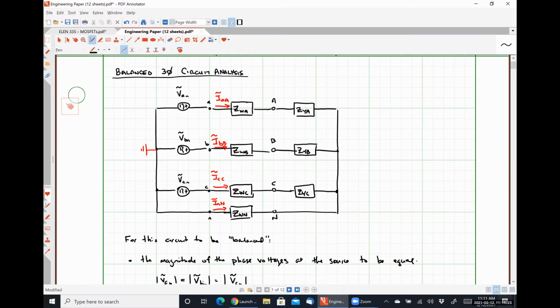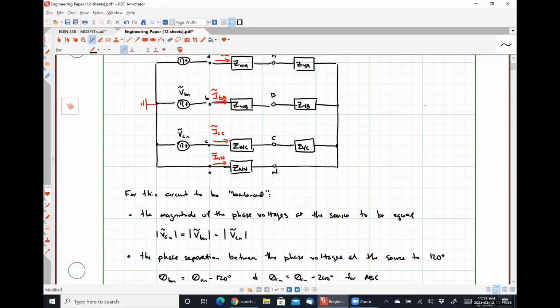Nothing too fancy here, right? So my current IAA is flowing in. My current IBB is flowing in. My current ICC is flowing in. My current INN is also flowing in. So if I apply KCL at the rightmost node,